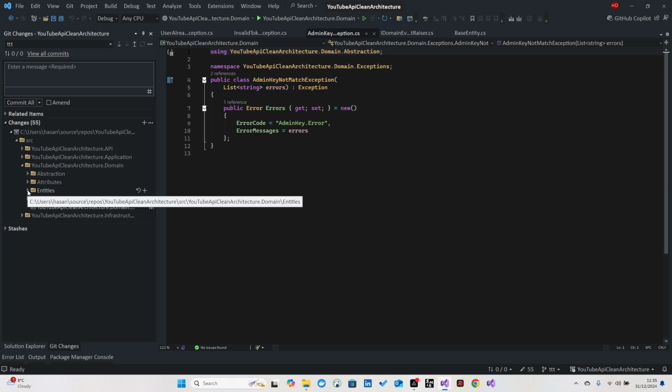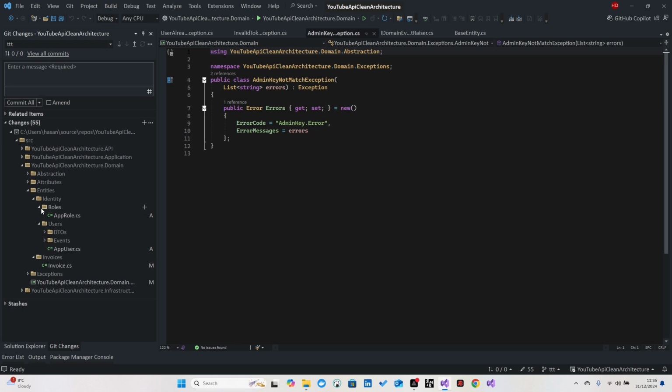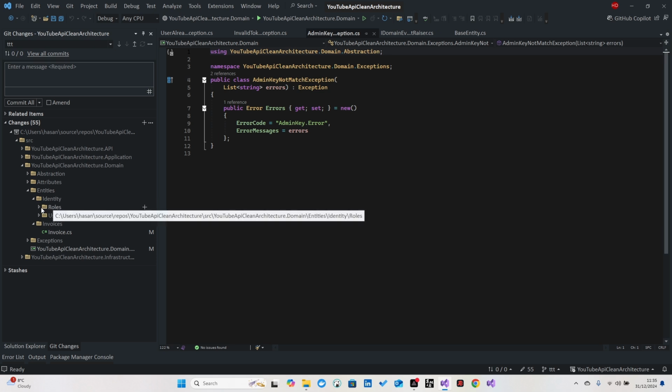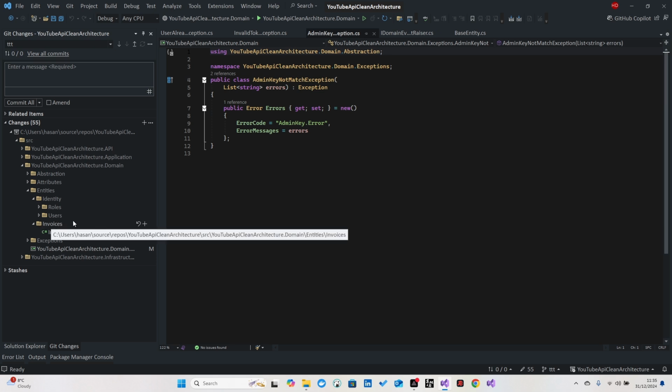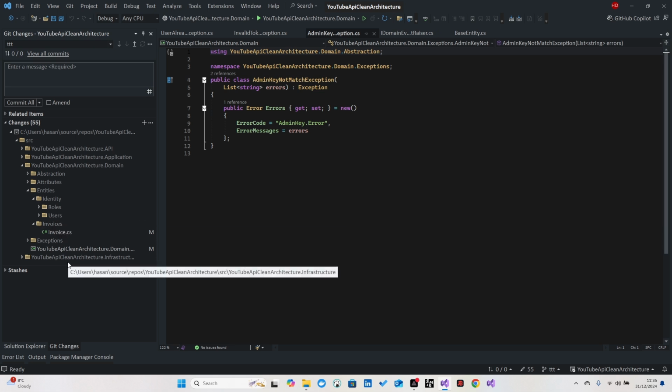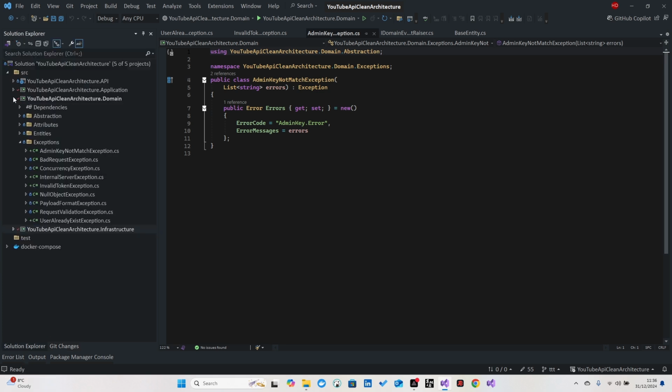Let's now create our entities. Let me minimize everything and let's go step by step. First of all, create an identity folder underneath entities, and create 2 different folders, which are called roles and users, and keep them as they are right now. And let's go to our solution explorer. Let's go to domain,